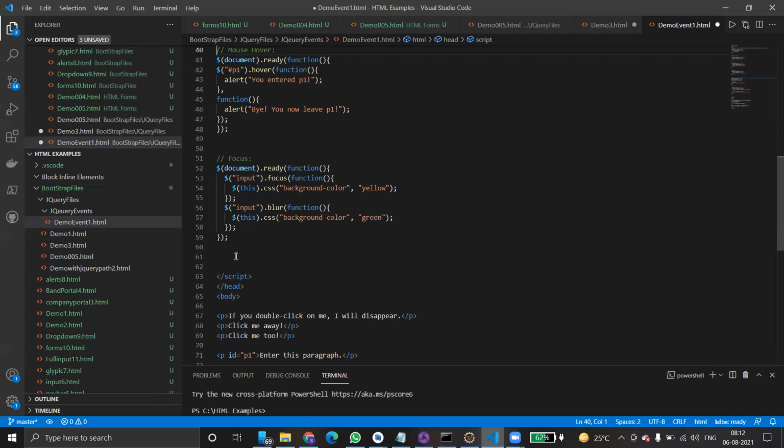So you can add elements to the set of matched elements, and if you want to return all the children elements of the selected element, you can use children. And if you want to get the direct children of the selected element, you can use contents. You can also apply filters, and you can return descendant elements of the selected element by using find and so on. And if you want to check the last element of the selected element, we use last, and so on. Now we'll see a few examples: parent, parents, and so on.